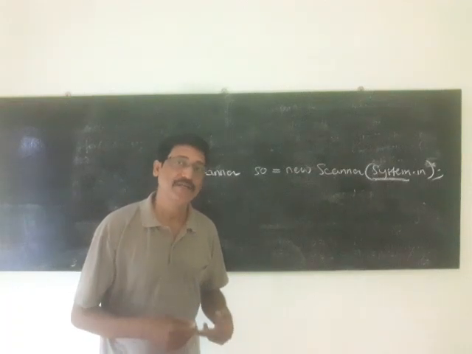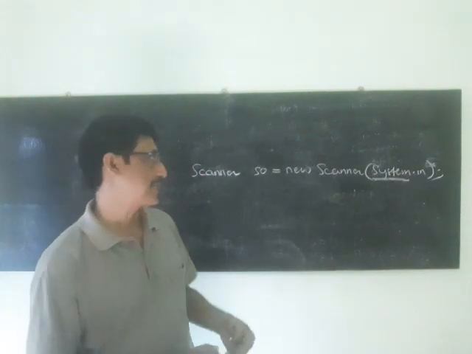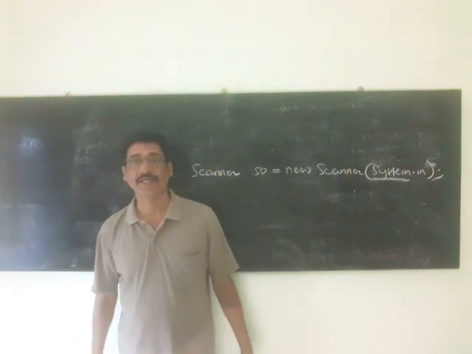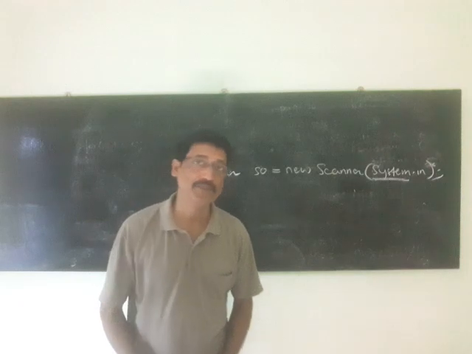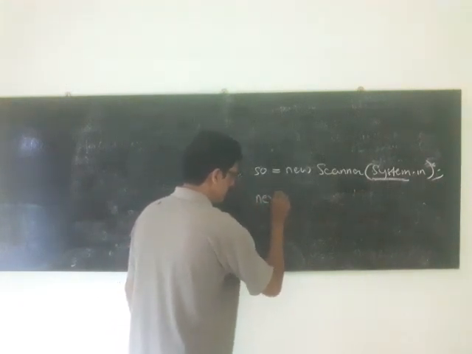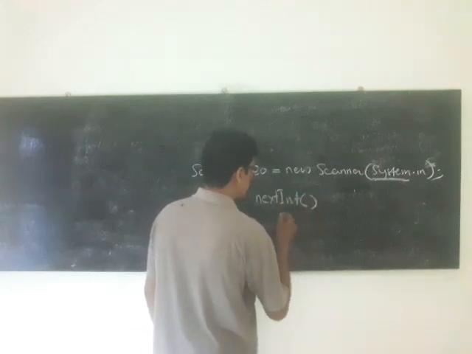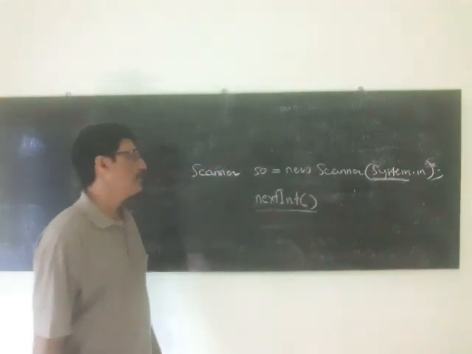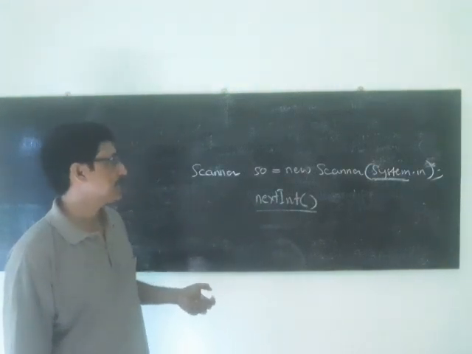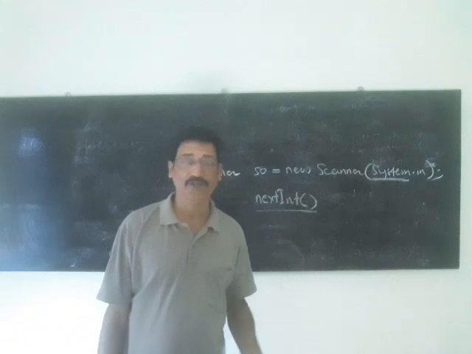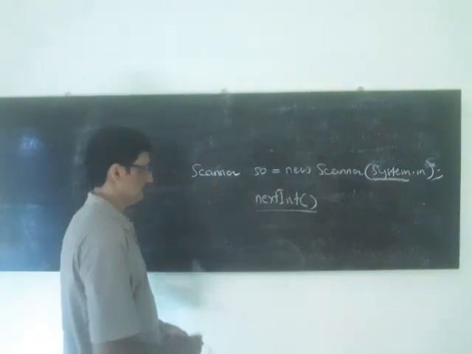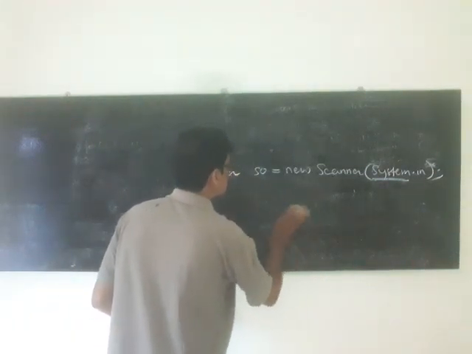As I told you, there are different methods of the scanner class for different types of data. Suppose your input data is an integer, then you can use the function nextInt. You can use the function nextInt to input the data if your input is an integer. Similarly, other methods are also there: nextByte, nextShort, nextFloat, nextDouble, nextBoolean. There are different methods, so we will discuss them one by one.